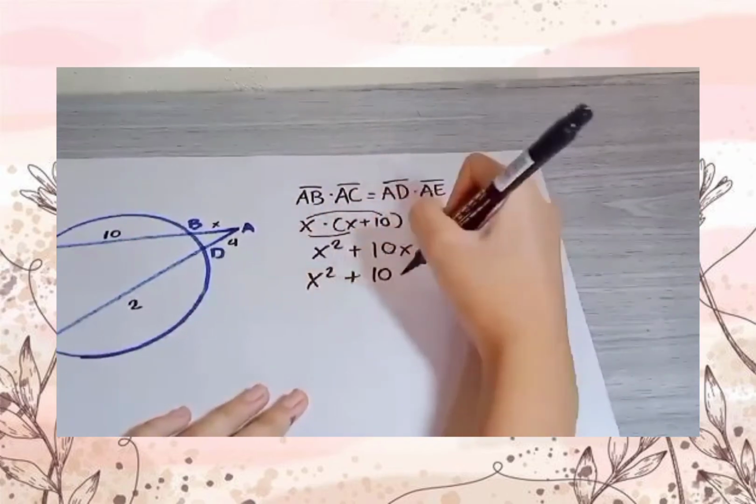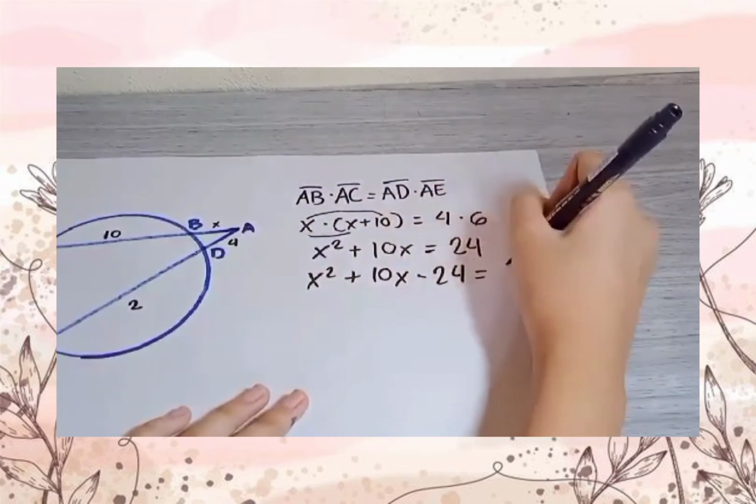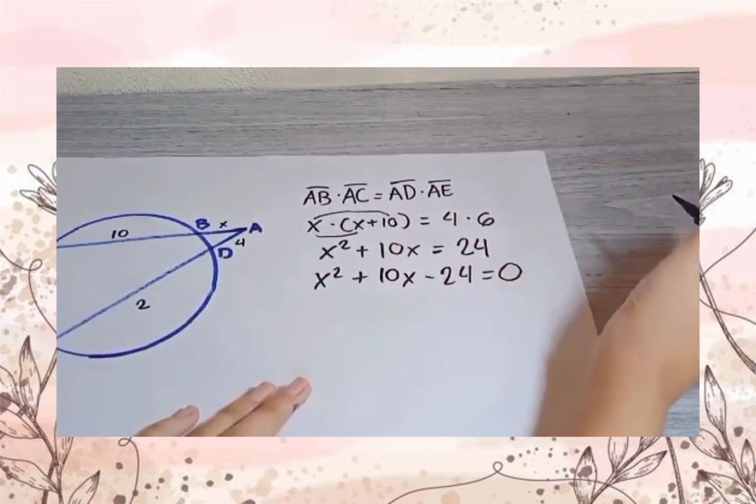X squared plus 10x minus 24 equals 0, and to factor, I like